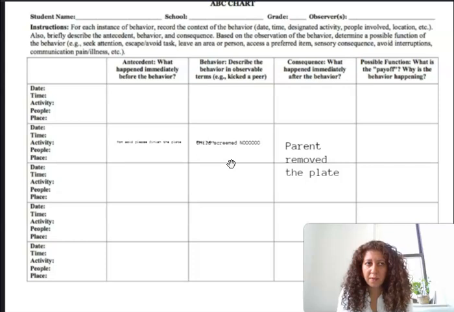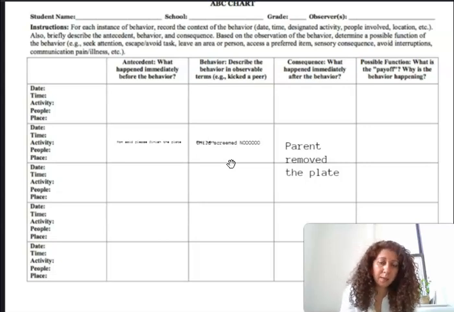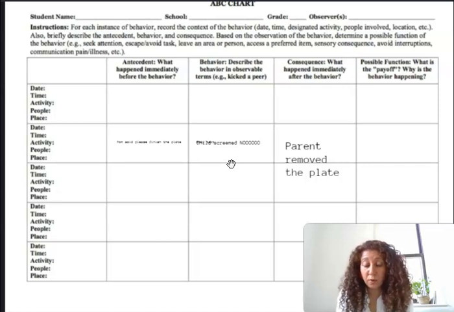Sometimes I see behaviors like "Sam got frustrated," but that's not a behavior. I don't know what happened. What is frustration here? Did he kick someone? Did he hit himself? Did he run away? Did he cry? So it's very important to write the behavior as it is, and the consequence, exactly what happened right after this